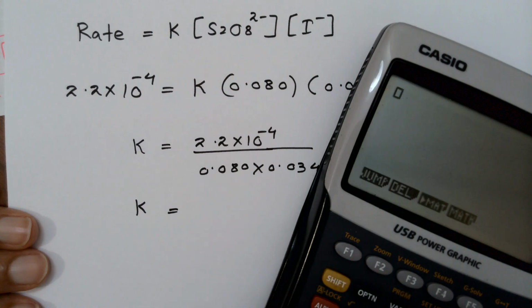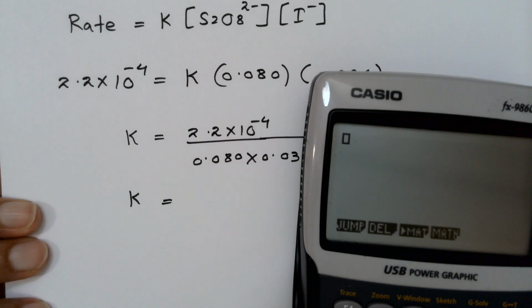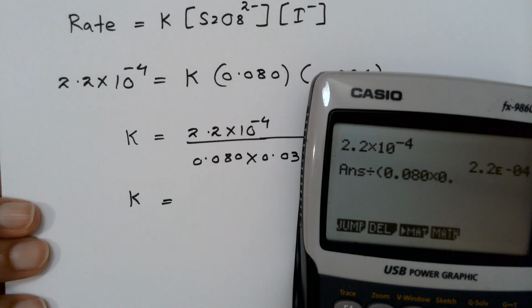So I will write the values. 2.2 times 10 to the negative 4, that is the value. You need to divide that number by 0.080 times 0.034. Then the answer is